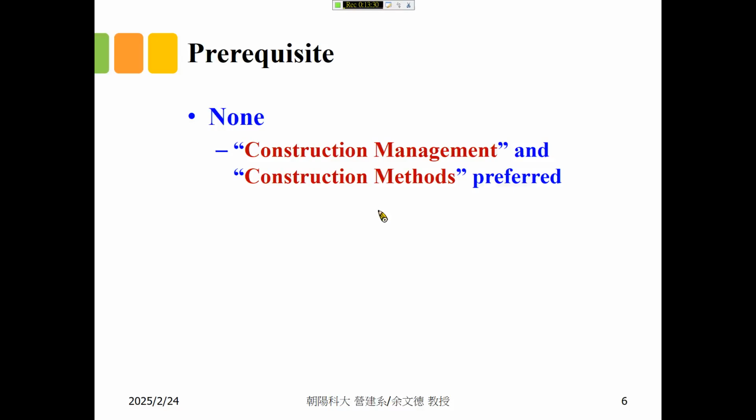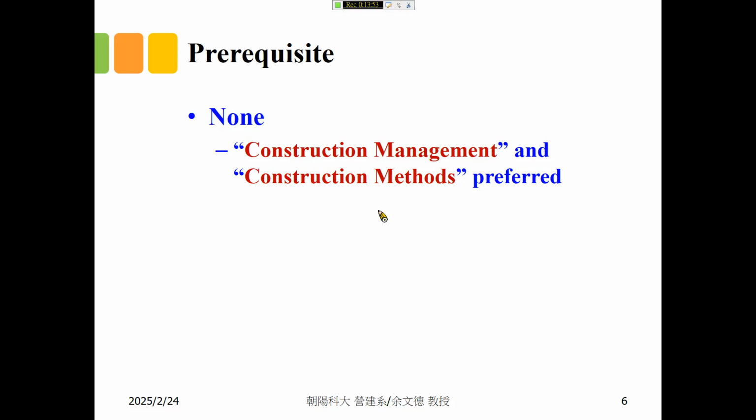Tell me, how many of you have a background in construction management here? Have you done scheduling? No. Work breakdown structure? No. Last semester we had construction management. Estimate.